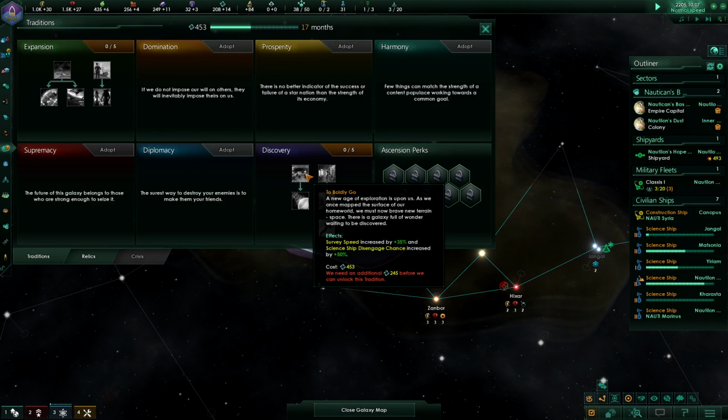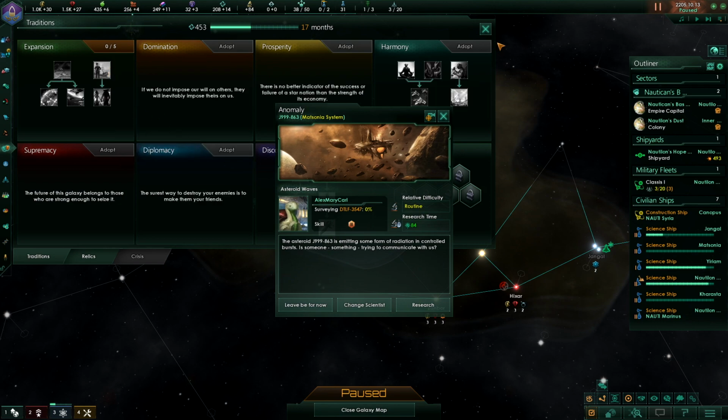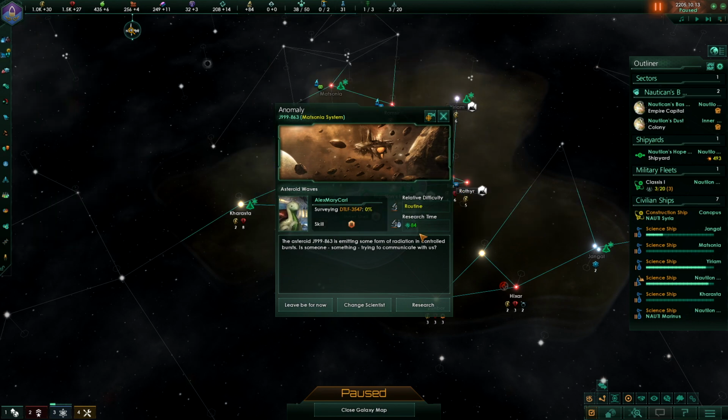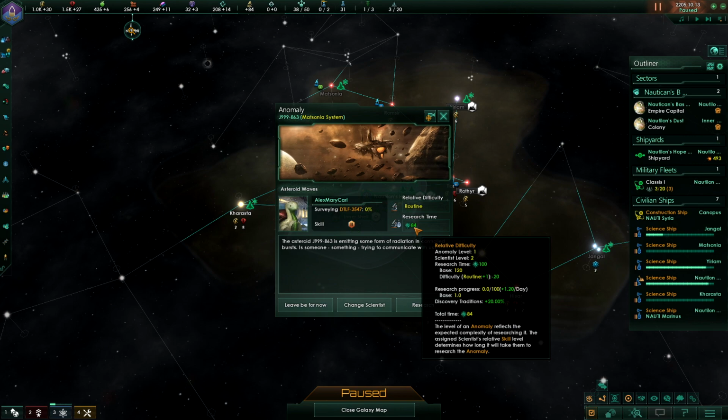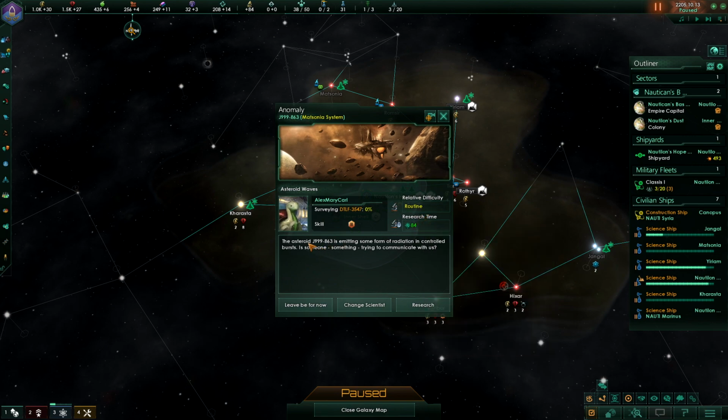There's this thing. We want to maybe boldly go for more expansion. We have an anomaly detected. Look, ooh. Yeah, there's a bonus on that, and it's definitely going to be quick. The asteroid